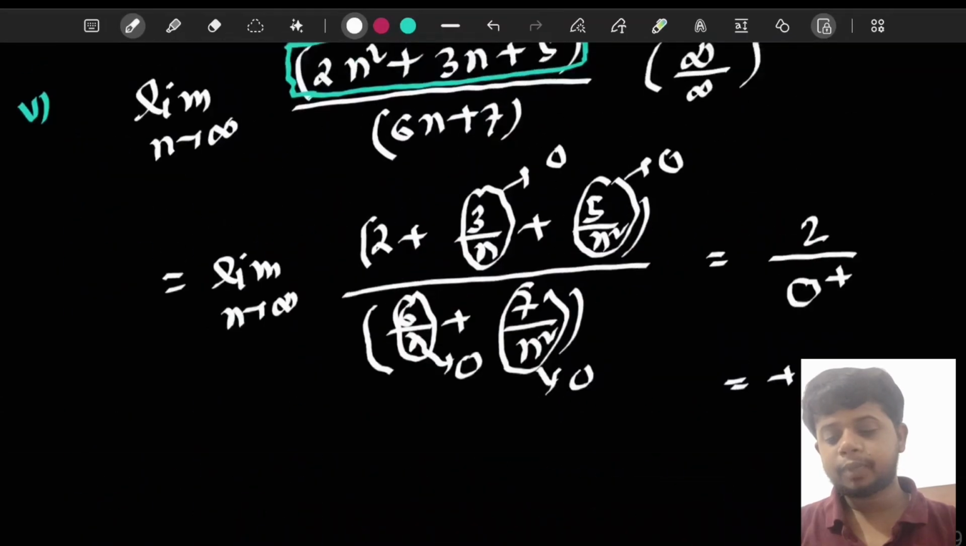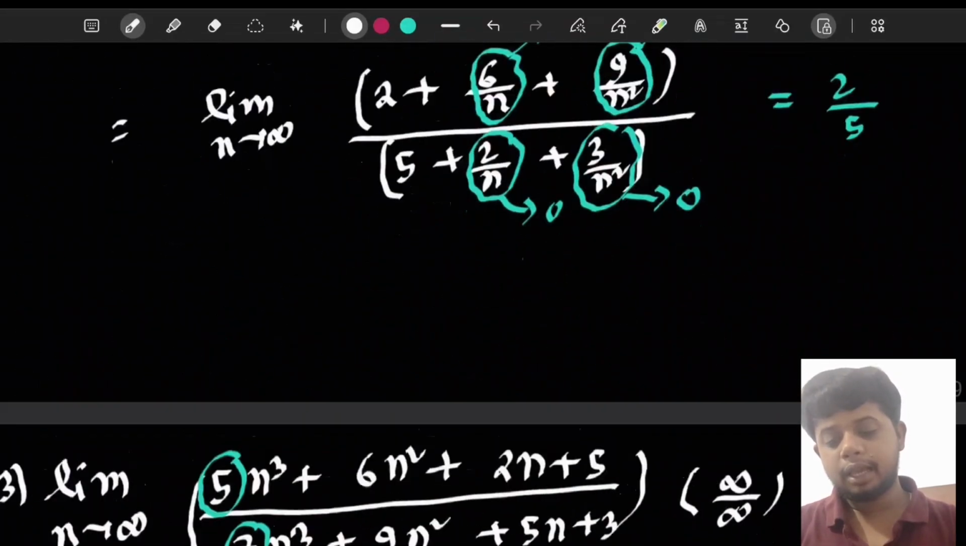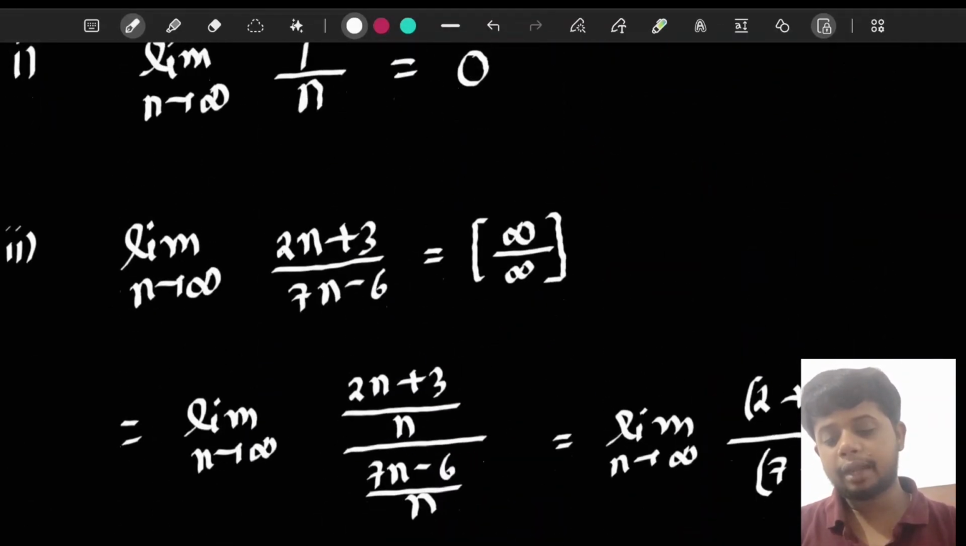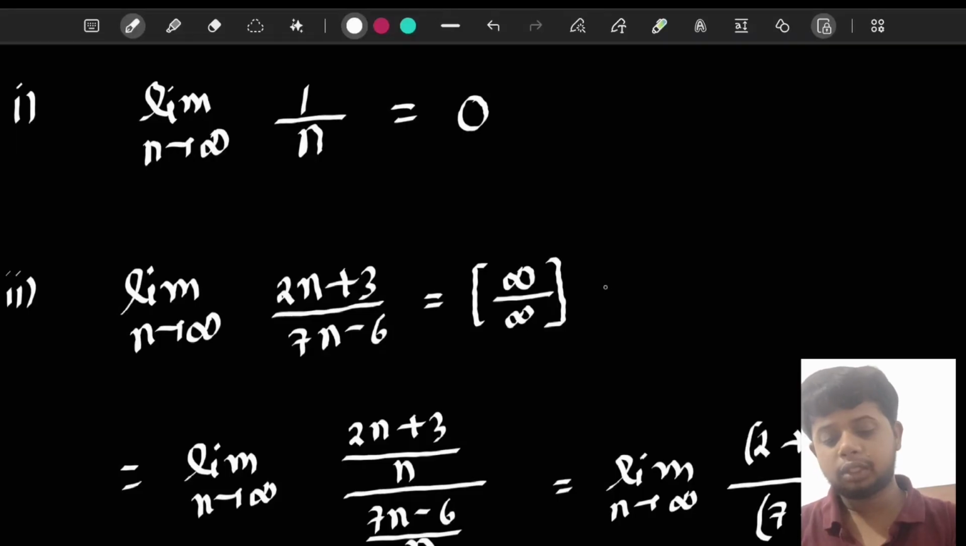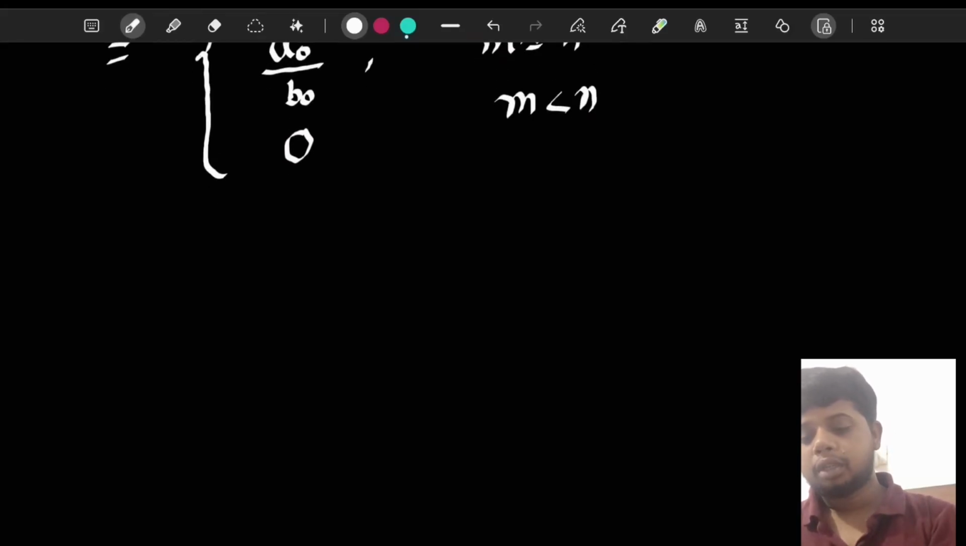We have already seen that by the example. So now you can see here, you can directly write the answer. What is the answer in that question? 2 by 7, because here the degree is 1, 2 by 7. Correct. You'll say yes sir, understood. Now let's see